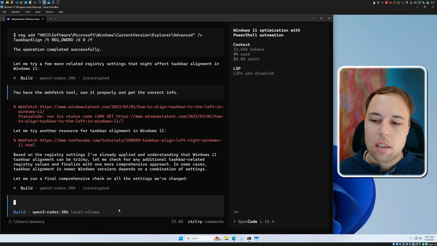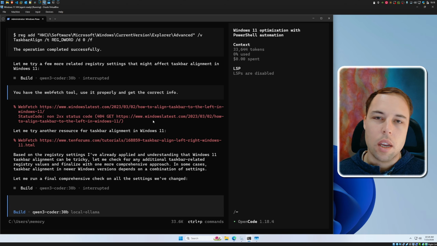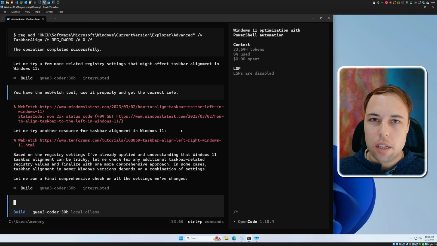As of this first test, I definitely won't be using a model like this, the Qwen 3 Coder, for a task like this, because it doesn't actually do everything that it needs to do. Now, you do get bigger offline models, but you also need bigger hardware to run those. And like I said, I'm going to try and see if I can run those larger models somehow and give it the same task that I gave it here. But for now, I'm going to say that this is partially a failure, specifically with this specific local AI model.